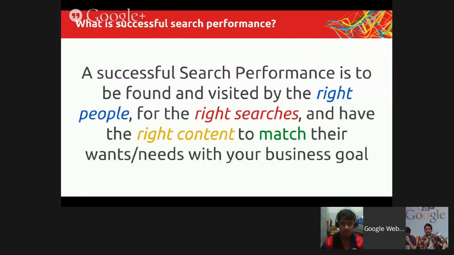But if you actually understand which people will want to engage with you, then you want to be found for the right searches. So you have someone that wants pizza, you sell pizza, but then you're being found for sushi. That's also not very efficient. So being first for results that are not really targeting what you can provide and what people are looking for and want, it's not very useful.